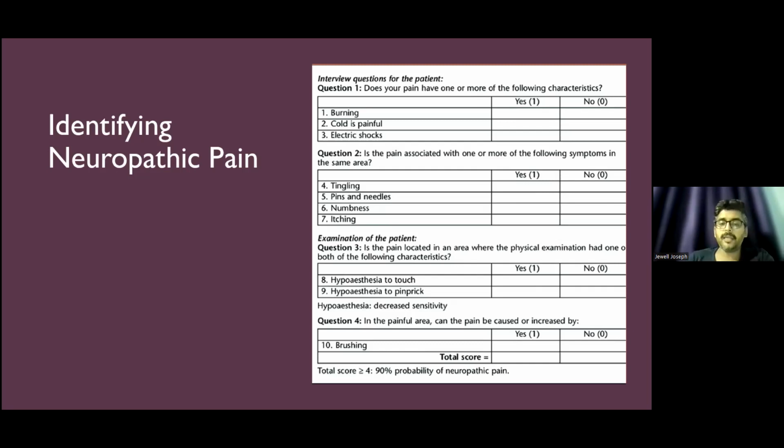Certain clinical signs, two important clinical signs, are allodynia and hyperalgesia. Allodynia is basically an altered sensation. So that basically means a non-painful stimulus can be perceived as a painful stimulus. That means that a normal touch or pressure, the patient can perceive it as a painful stimulus. Hyperalgesia is increased sensitivity to pain. So a minor painful stimulus may be perceived as a severe painful stimulus. So there are various scales, various screening tools for neuropathic pain, but all of the scales take into account these two things: the description of the pain along with these clinical signs, allodynia and hyperalgesia. So this will help us